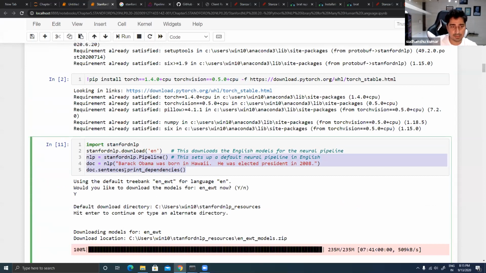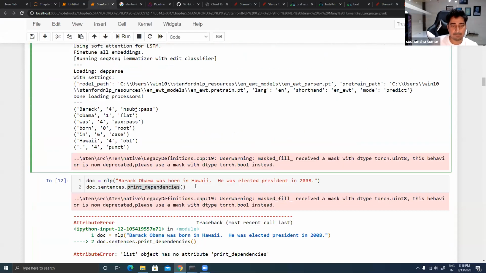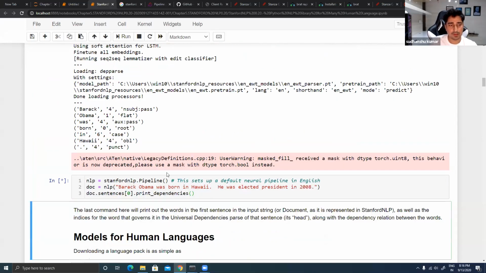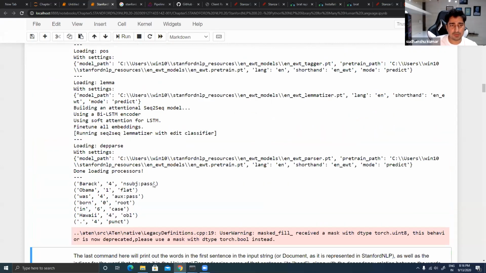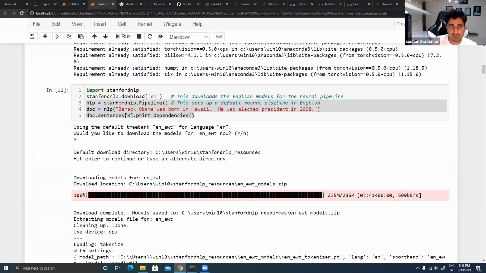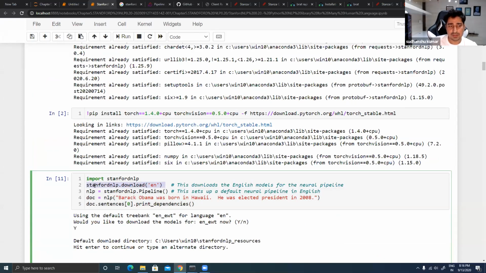So with the NLP pipeline, sentence equal to 0 and 1 separately I can try to give. 0 means before the dot. I'm just not executing this one because again it will start downloading the model. Here I have written the code, right? Stanford NLP dot download. It will start downloading the model again, and in that case it will take some time, maybe 4 to 5 minutes. That's the reason I'm just executing this one where I'm trying to create a pipeline.